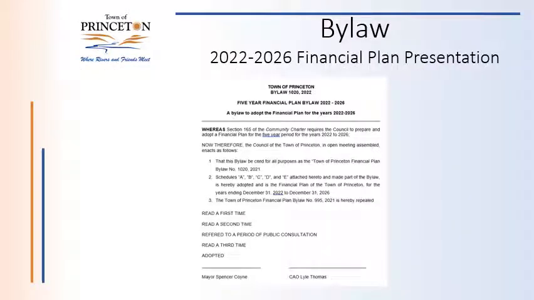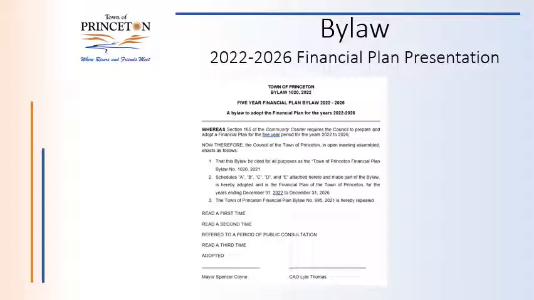So now we get into the meat and potatoes of our presentation today, which is the financial plan itself. So the bylaw is 20 pages long. It's in-depth. It's quite complex in certain locations. I'll do our best to guide everyone through it, and hopefully we can explore some of the capital projects and some of the methodologies that we use when we interpret this bylaw.